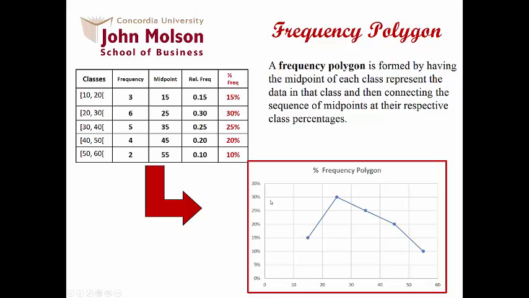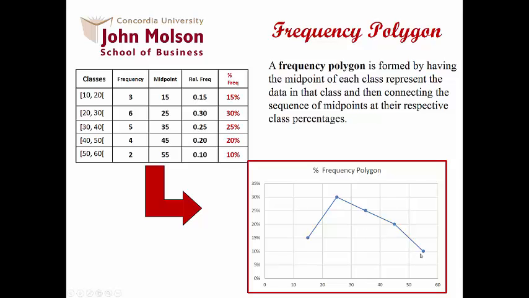So we have here the percentages. At the midpoint of the first class, which is 15, the frequency is 15%. At the midpoint of the second class, which is 25, we saw this midpoint, and the percentage frequency is 30%. Here we go, 35 all the way to